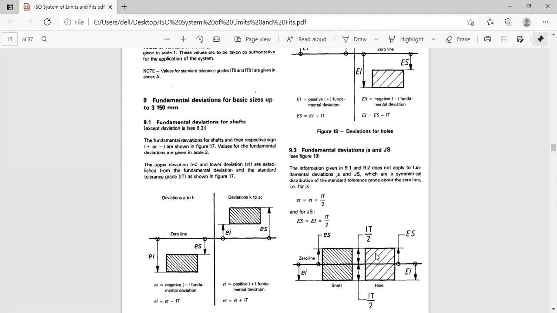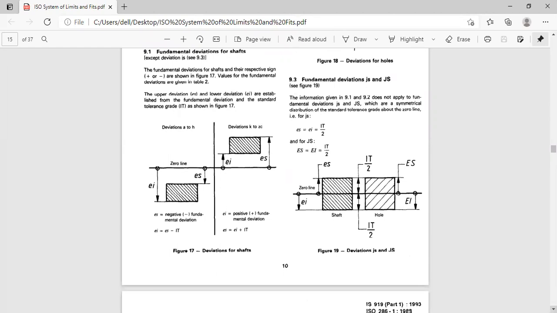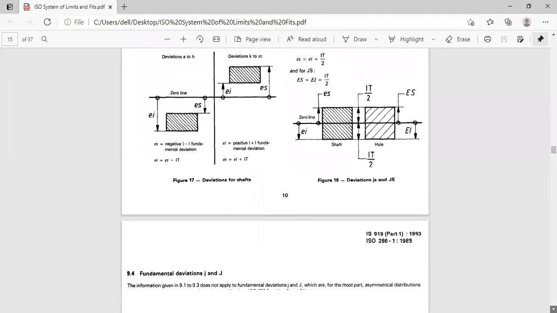Actually, for the hatching, we have to follow a definite pattern. For the hole, the spacing of the hatched lines is more, and for the shaft, the hatch lines are closer. So you don't draw as you like. You have to practice first in the drawing and then go to the basics in the theory. That's why I told you production drawing is a very important subject in the engineering curriculum.